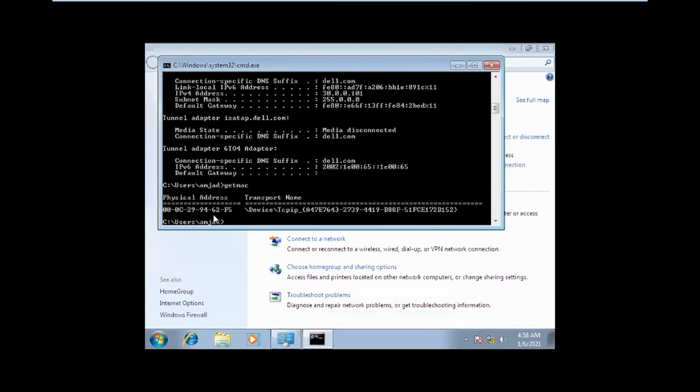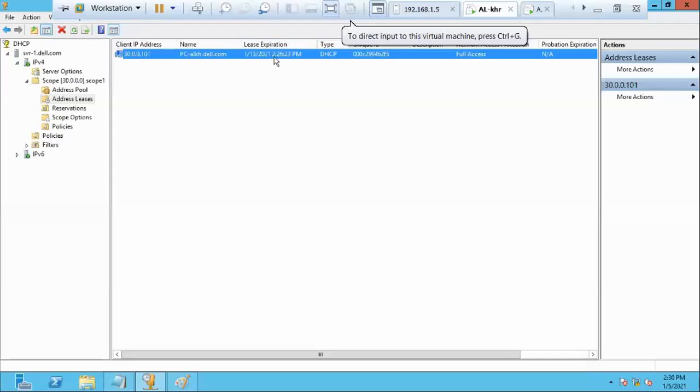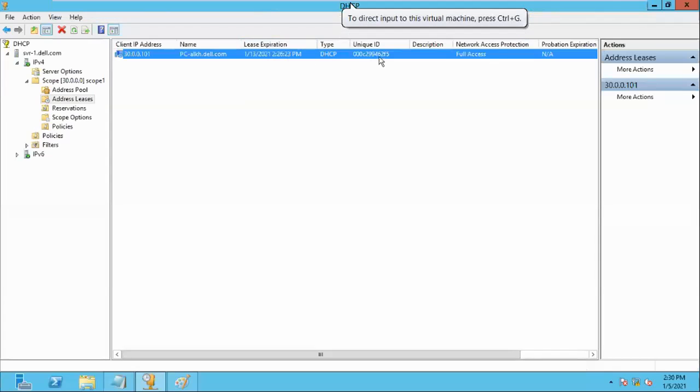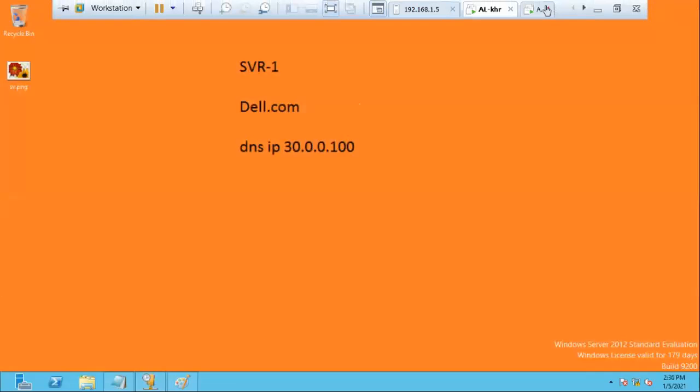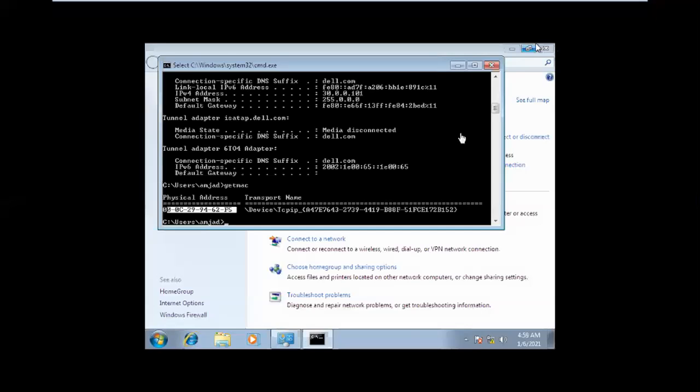Here 62F5. Right? 62F5 on the server here. The same one. Yes. Clear? So like that, DHCP.